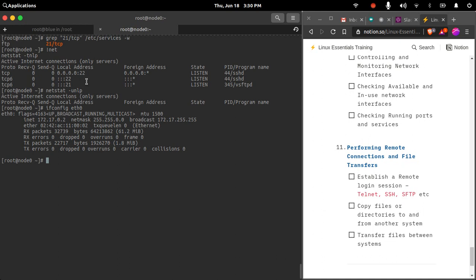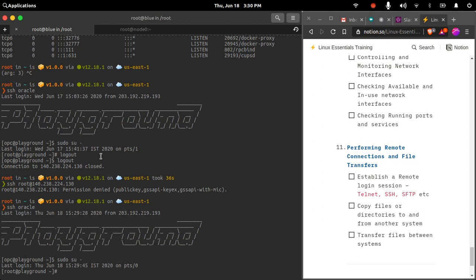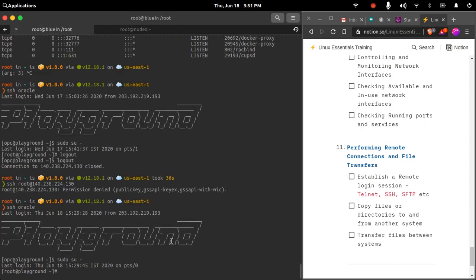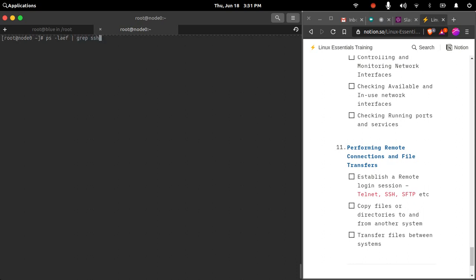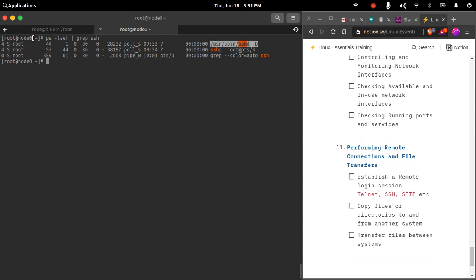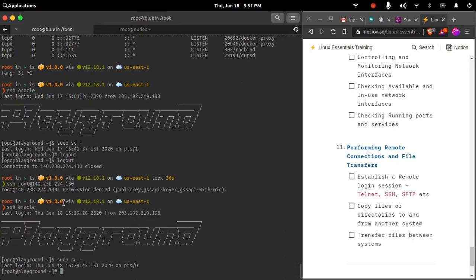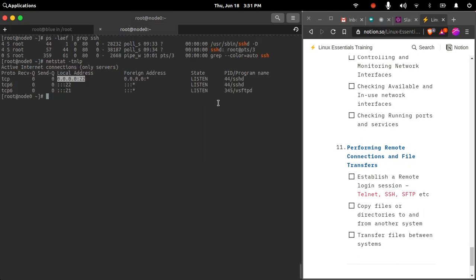Here, if you see, I have SSH running on this Docker container. What happens in the background is that when you use SSH, it will run a daemon, the SSH daemon. If I check here, this is the SSH daemon currently running on this Docker container, which has a process ID of 44. This SSH daemon will be listening on port 22 by default on all IP addresses. Whenever we make a connection, it will first verify whether the user with which we are making the connection exists, and if it exists, whether the provided password is correct or not.